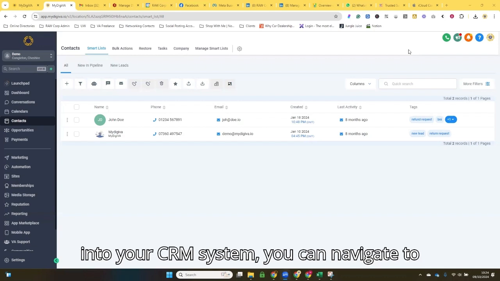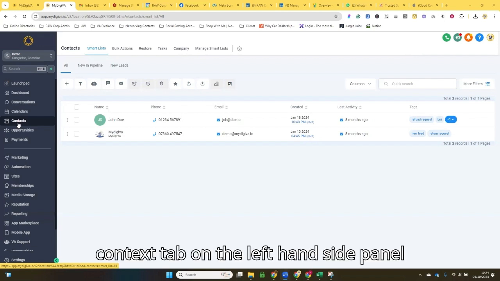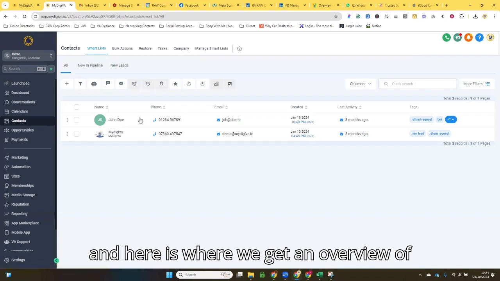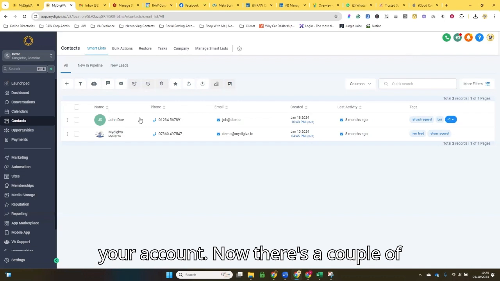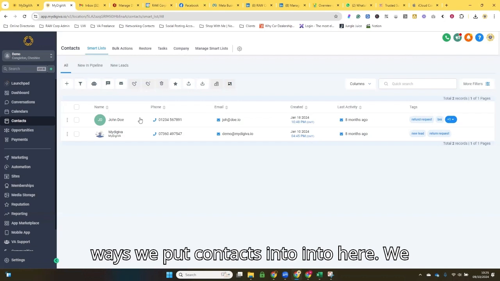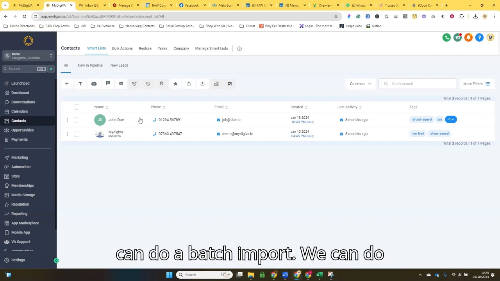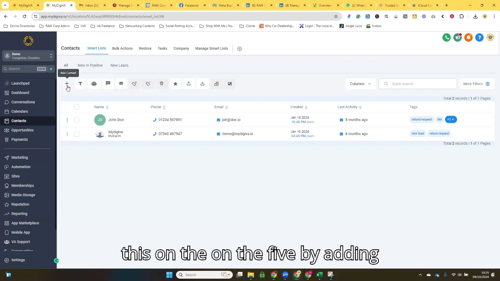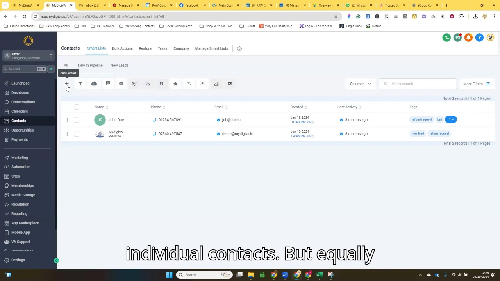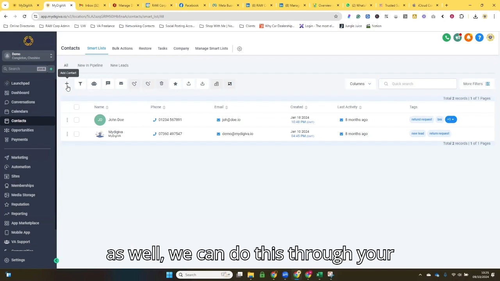So when you come into your CRM system, you can navigate to the left-hand side. You'll see your little contacts tab on the left-hand side panel. And here is where we get an overview of all the contacts that you have created in your account. Now, there's a couple of ways we put contacts into here. We can do a batch import. We can do this on the fly by adding individual contacts,